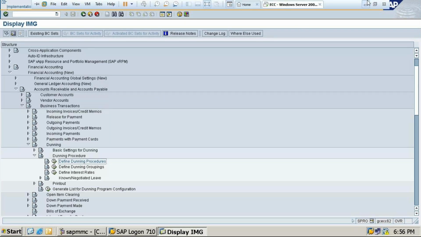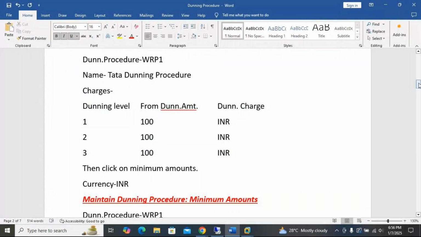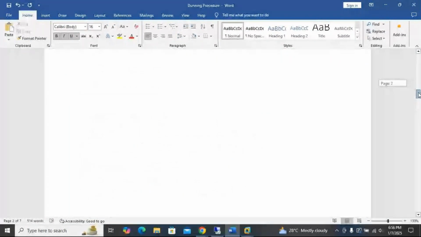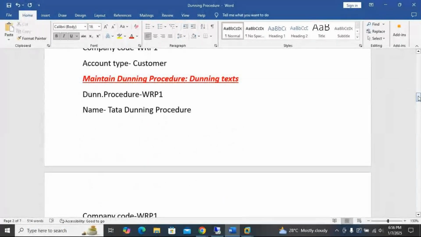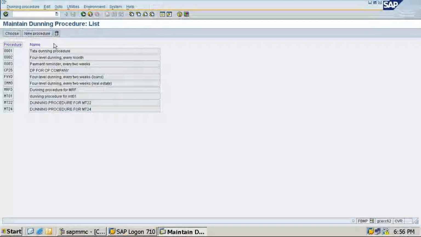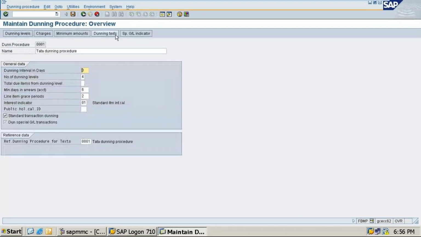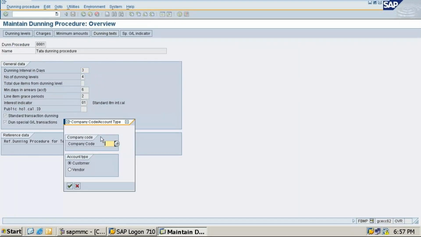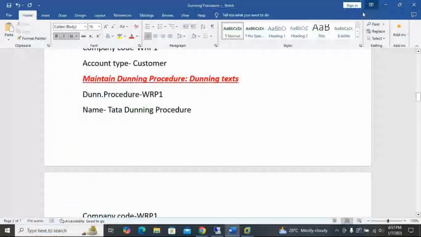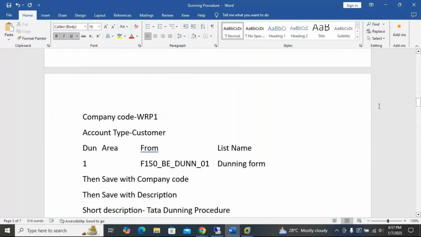Now what we need to do, we have done minimum amount, we have done the Dunning procedure text. So account type, company code. Once you see the Dunning procedure text, double click on this Dunning procedure. So Dunning text. This is company code TA10 for the customer. Click on this. Dunning text, what we need to do here, this is a starter Dunning procedure name, and from this you have to type.